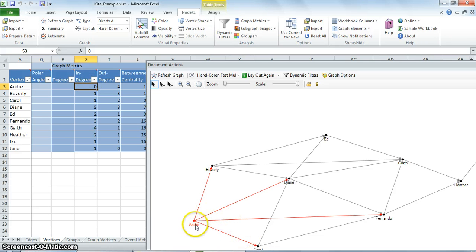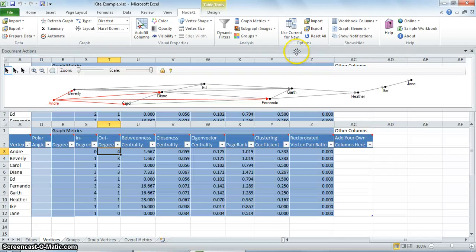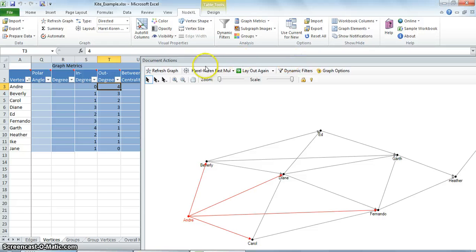You can see from the graph pane that no arrow is coming into Andre, but he has an out degree of 4. He has connections going to Beverly, Diane, Fernando, and Carol. So the out degree measures the number of edges that the vertex of interest points towards.